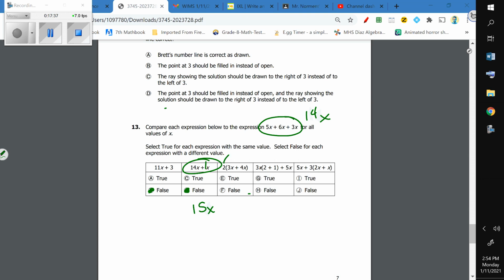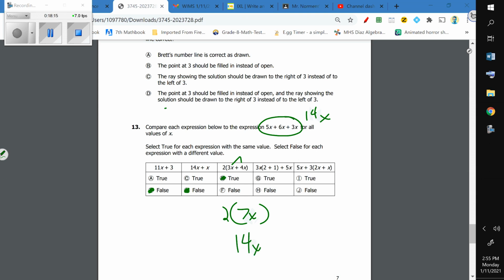Well, what about the next one? Well, you can distribute 2 times 3x is 6. You know what? You don't have to distribute. I mean, you could. So let me do green one way, blue the other. You can distribute and get 6x. You can distribute and get 8x, and you can add, and you can combine because those are like terms, and you get 14x, and that's true. I said you could do it 2 ways. What's the other way? Well, it's just taking what's in parentheses, getting 7x, and remembering that you cannot add or subtract if they're not like terms, but you can multiply, and that would give you 14x as well,